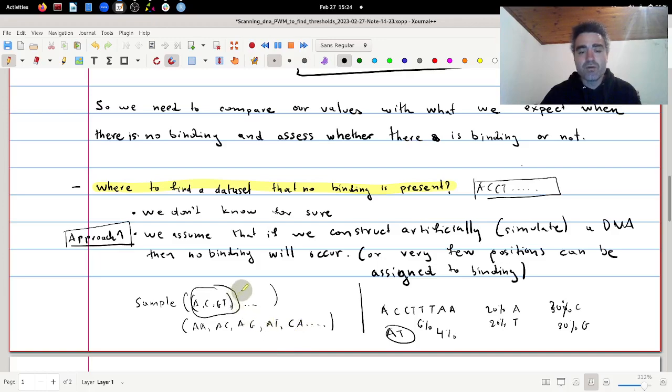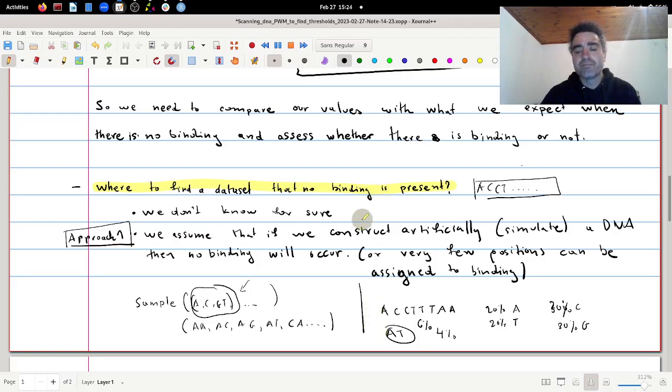So if we use this artificial DNA to compute the threshold, then the threshold might be very different than in real DNA. And therefore we try in the simulations to put as much real information as possible,